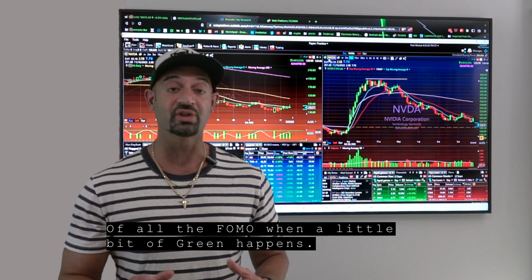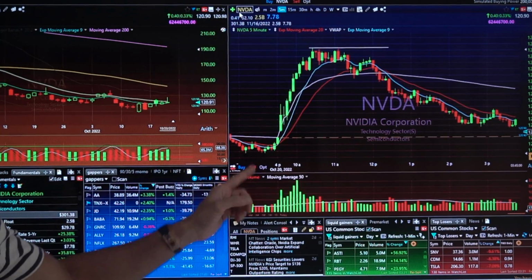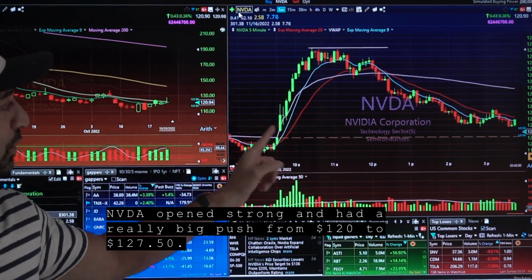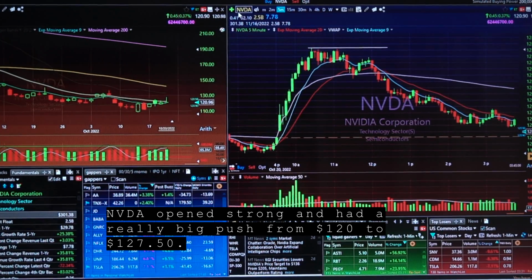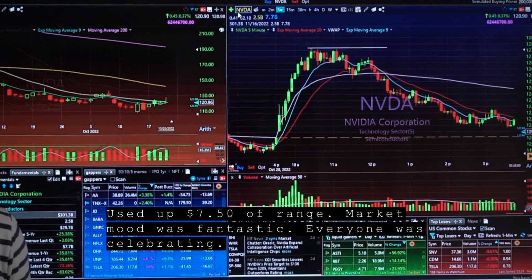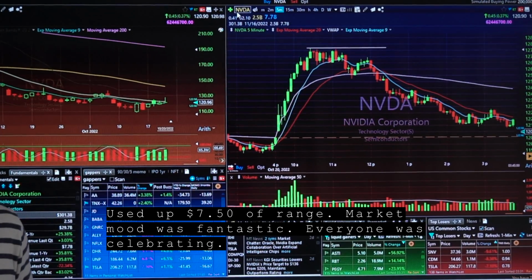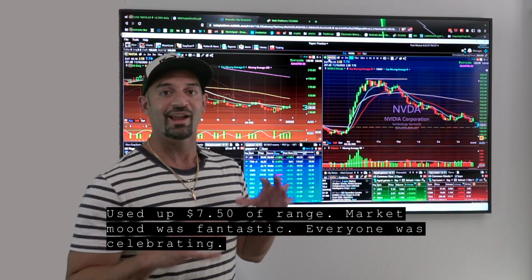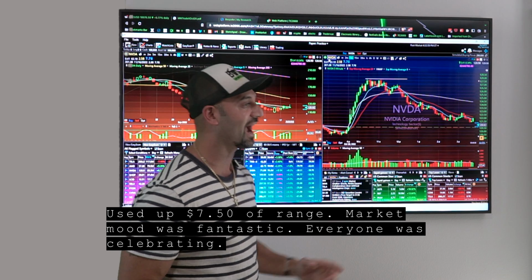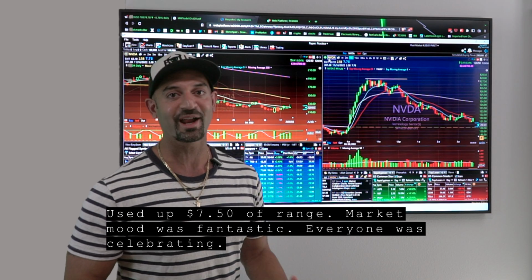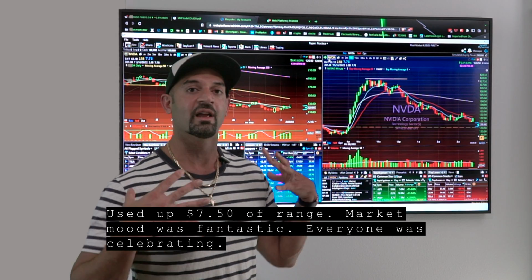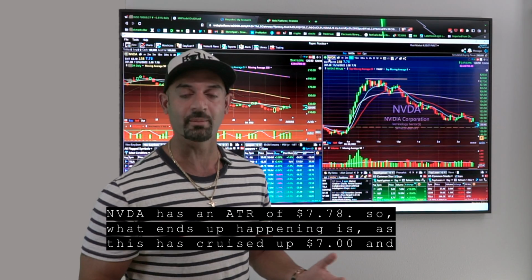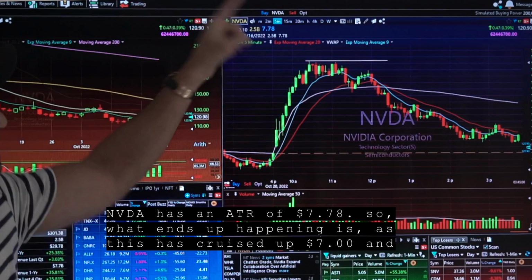So for example, today NVIDIA opened strong and had a really big push from 120 all the way to 127.50. So it's used up $7.50 of range. Guys, the mood in the market at this particular time was fantastic. Everybody was celebrating, giving each other high fives. People are anticipating that a huge move is coming. But NVIDIA has an ATR of